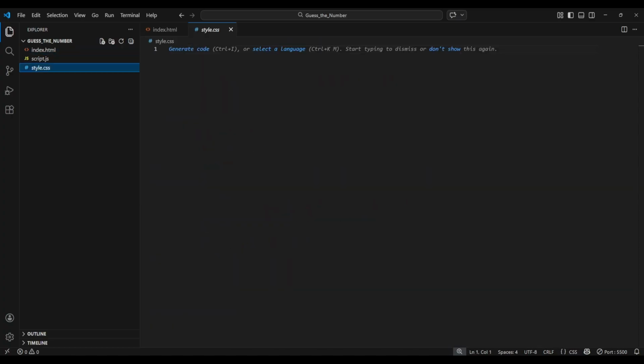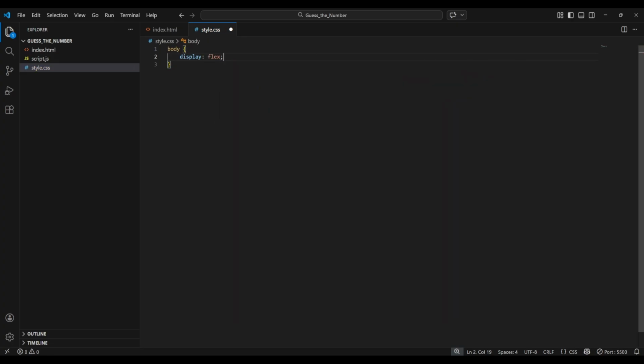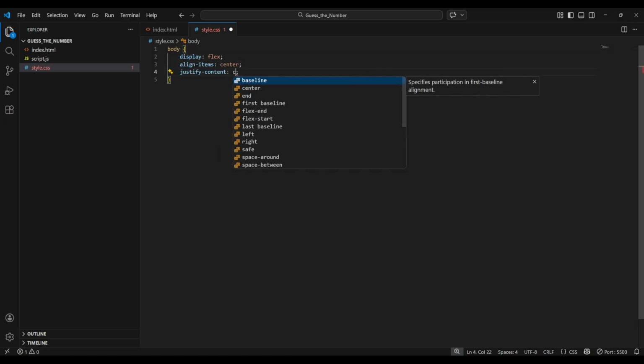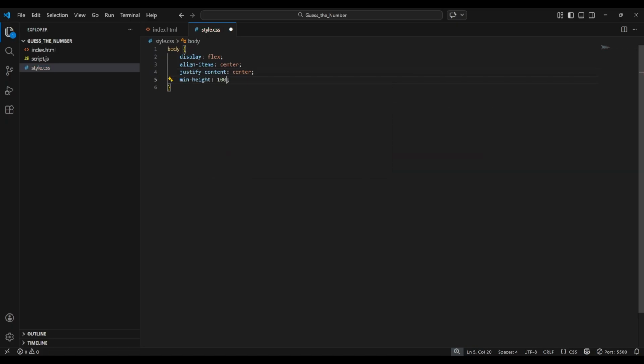So next we can switch over to style.css and start working on the layout. First, we'll add a rule to the body element to center the main container div on the page. So we'll set the display to flex, and then we'll use align items set to center, justify content also set to center. And then we'll give it the min height of 100 vh, or view height. So setting the min height to 100 view height ensures that the body element takes up the entire height of the browser's window so that the container can actually be vertically centered,